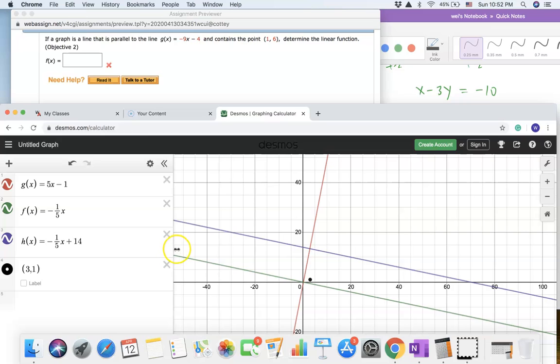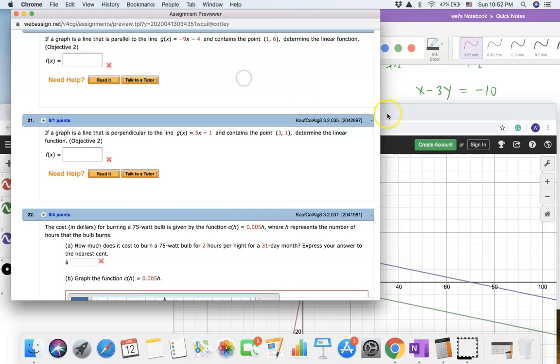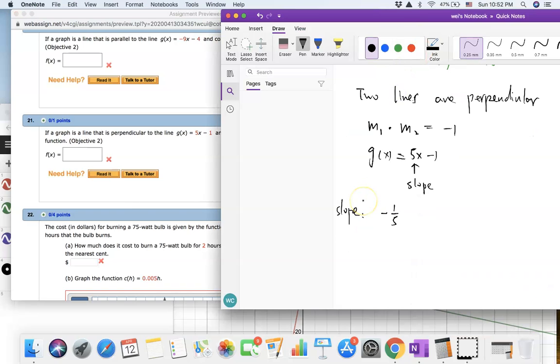It's the one which is perpendicular to the red one, and it also passes through the point (3, 1). So how are we going to do this? Since we already figured out the slope, -1/5, and because we want it to contain the point (3, 1),